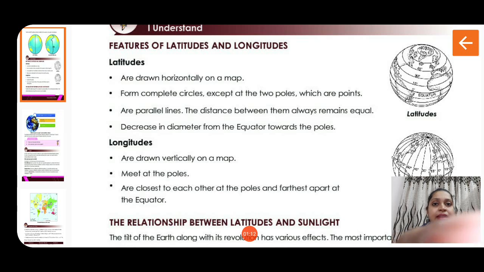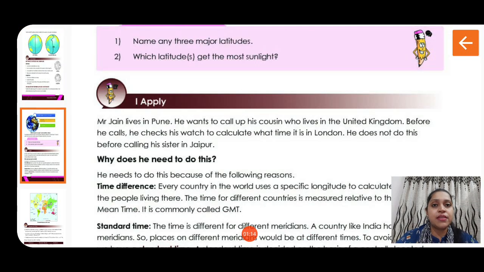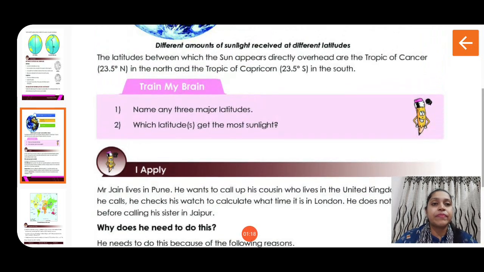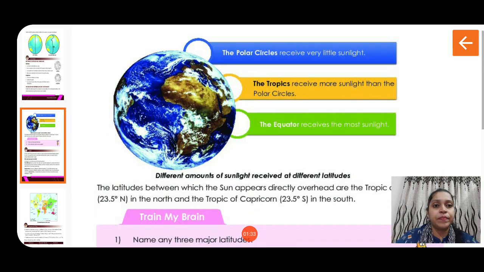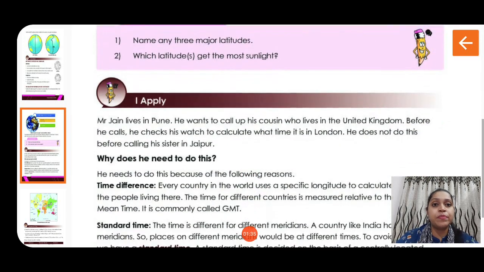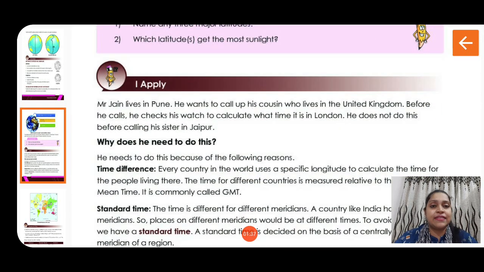Okay children, then we studied the relationship between latitudes and sunlight. And what did we study? That the polar circles receive very little sunlight, the tropics receive more sunlight than the polar circles, and the equator receives the most sunlight. So children, now we'll proceed with our next topic, which is about time difference and standard